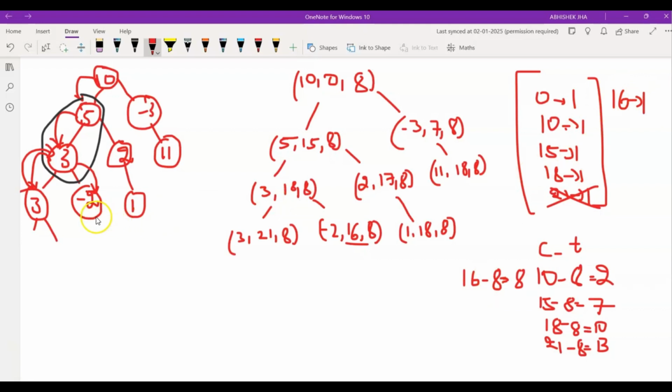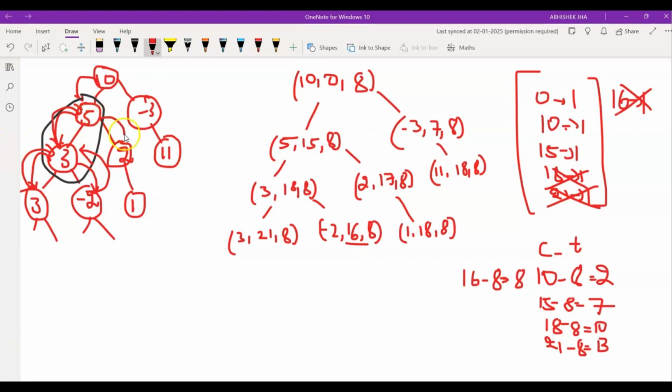Now we'll move to the next call. Since minus 2 does not have a left child or right child, it will backtrack from here and we'll move to the node 3. Since 3 has done its calls, it will again backtrack to 5. While backtracking, we'll remove its prefix sums from our map, that is we'll remove 18 and 16.